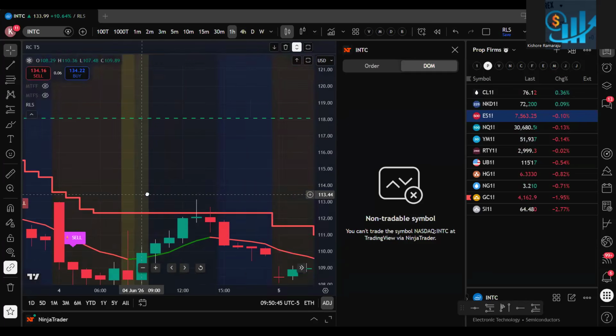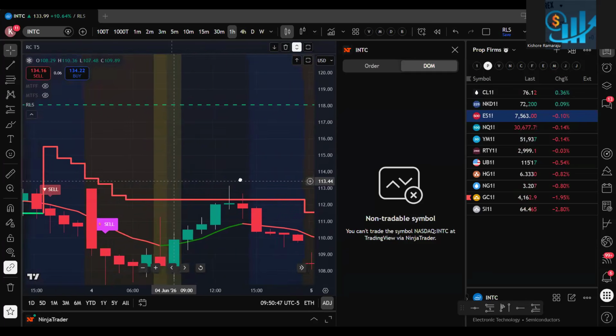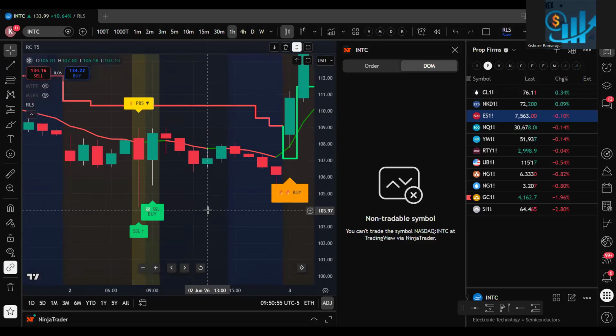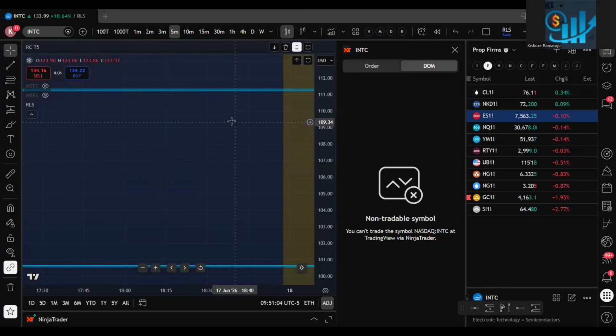So you can hold it until you see a major sell signal, or you see another sell signal. You got another sell signal here around 113. You can book the profits. But yeah, that's the advantage where you can enter early with these type of signals, even for day trading also.